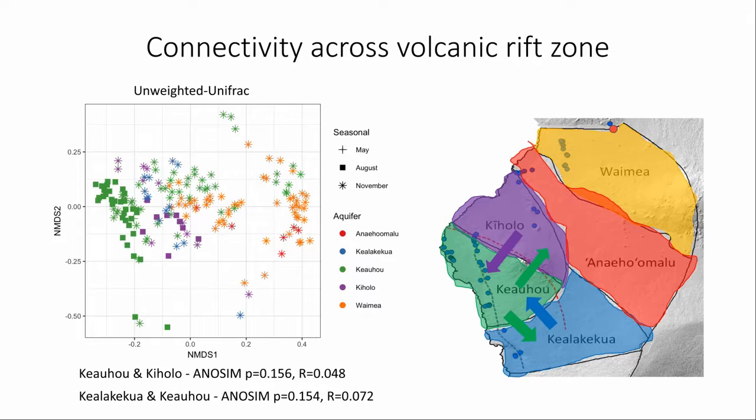We were using these as somewhat of our comparisons, and in our analysis there are differences in these Waimea and Anai Ho'omalu aquifers as well. They're separating out over here, and so according to our analysis, this connectivity really shows up in this type. When we collected these for comparison sake, but